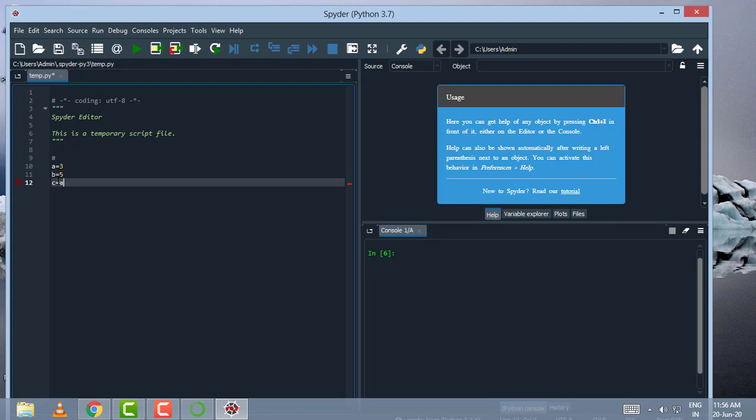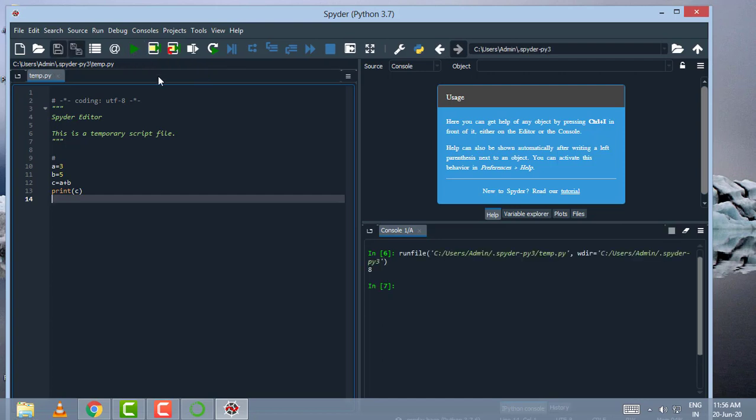So c equal to a plus b, and I am going to print c. This is Python code, and to run it, click on this button or press the F5 key. The output of the program, 8, is shown in the console. Or we can directly run our code on the console. For example, 3 plus 5 will give us the answer 8 on the console. In this way we can use Spyder for running Python code.